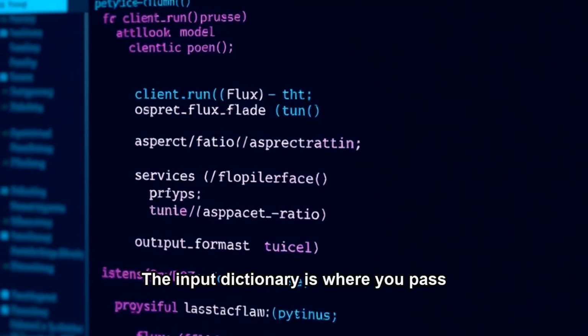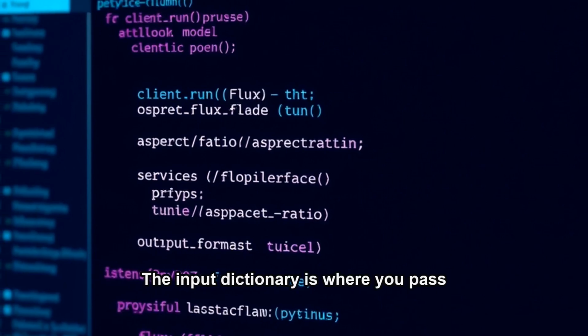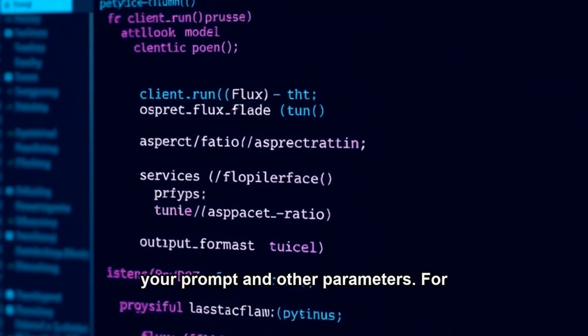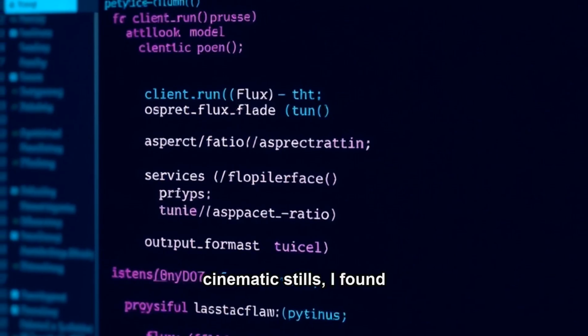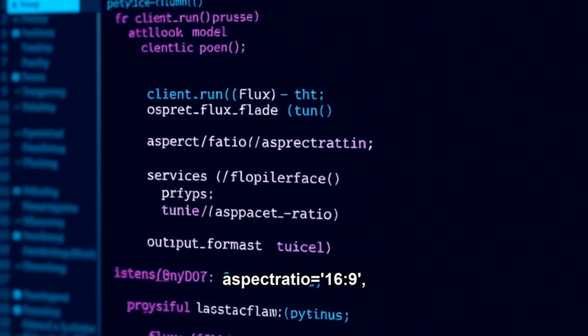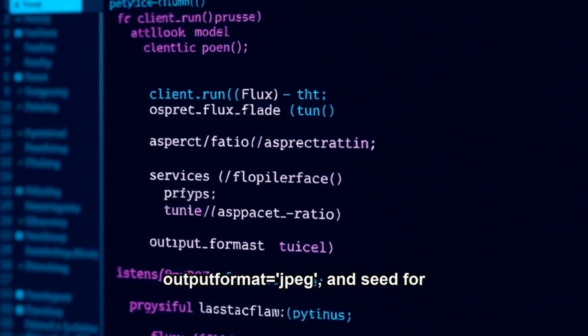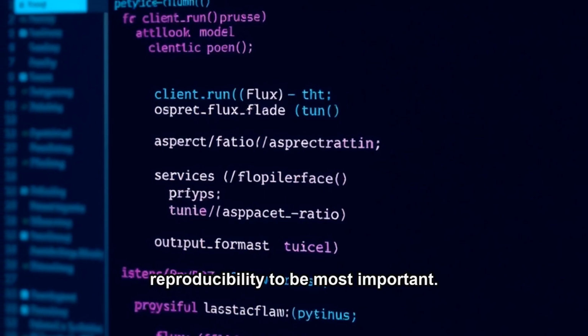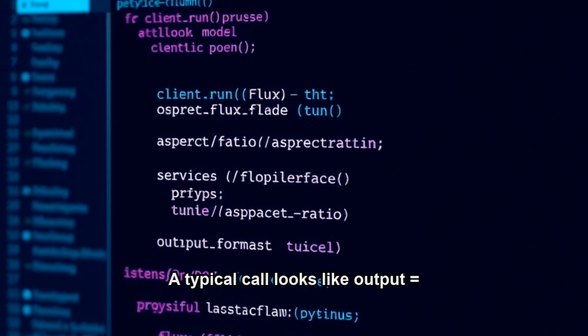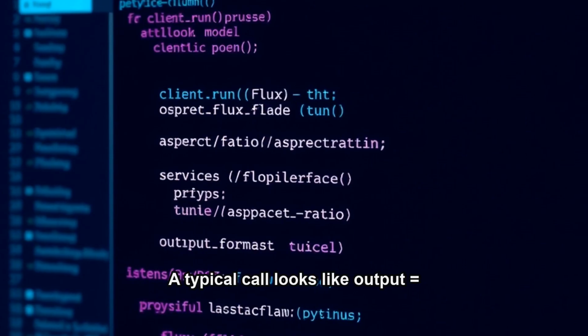The input dictionary is where you pass your prompt and other parameters. For cinematic stills, I found aspect ratio equals 16:9, output format equals JPEG, and seed for reproducibility to be most important. A typical call looks like output equals client.run Stability AI/Flux Pro